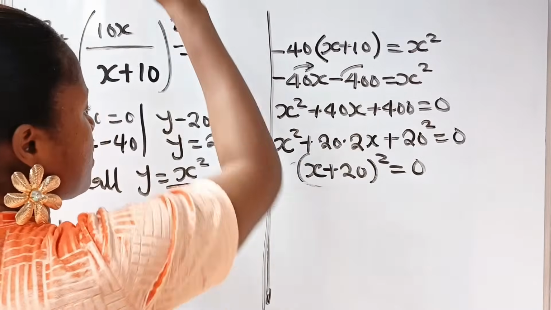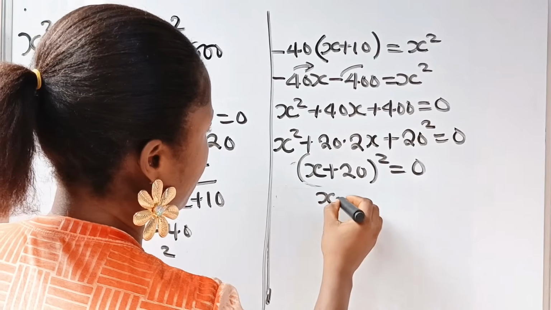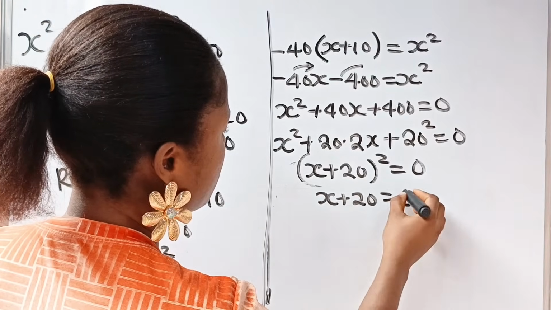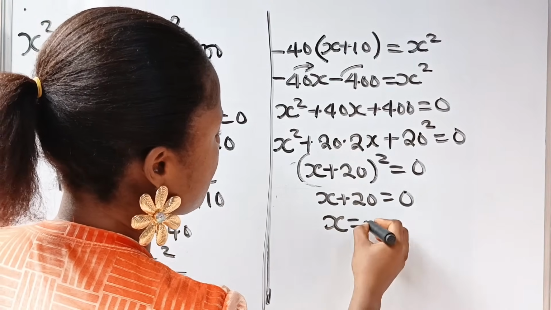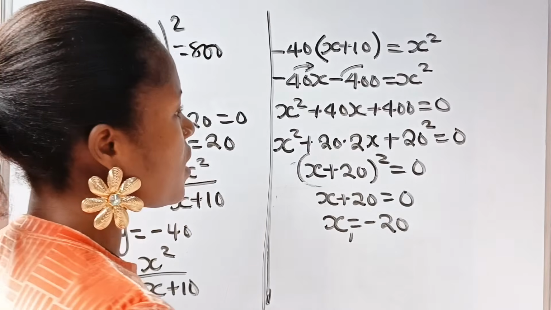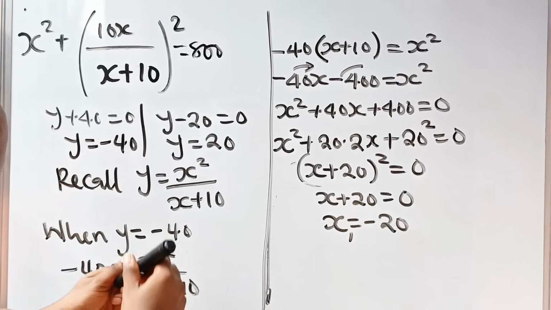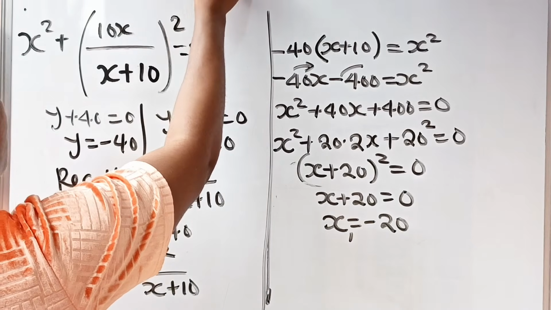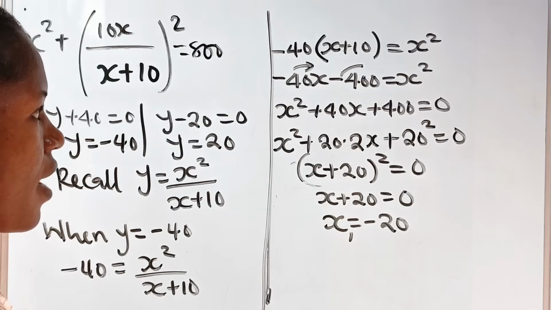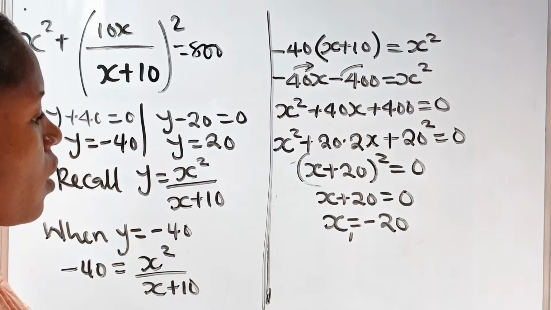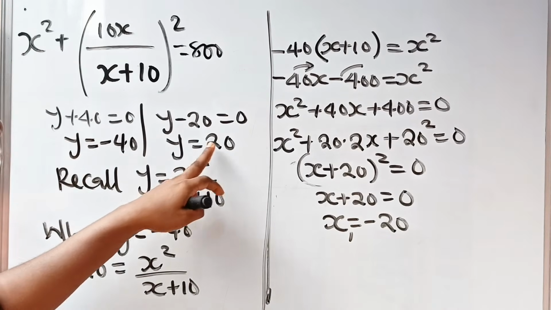So if we do that, we will have x plus 20 is equal to 0. So it means that x is equal to minus 20. So this is the first value of our x. All right? So write that somewhere, that x is minus 20. All right. Now, let us solve when y is equal to